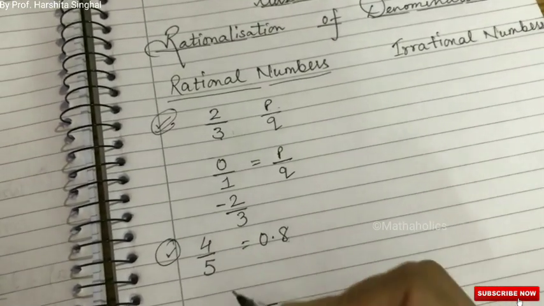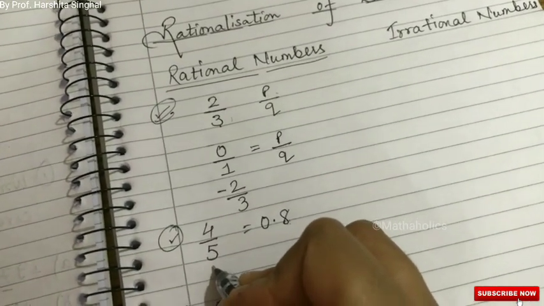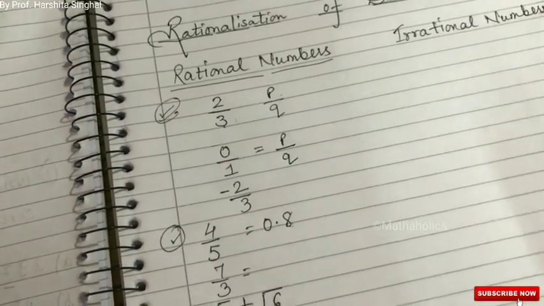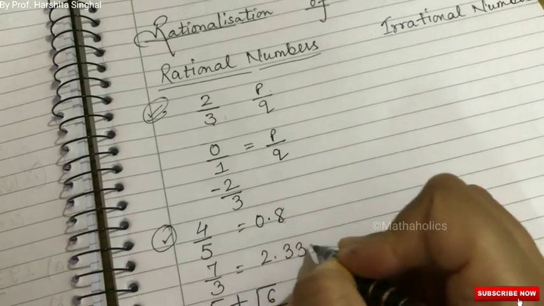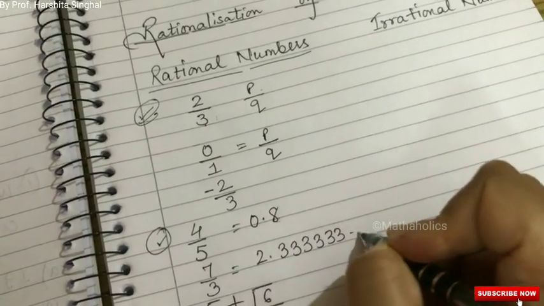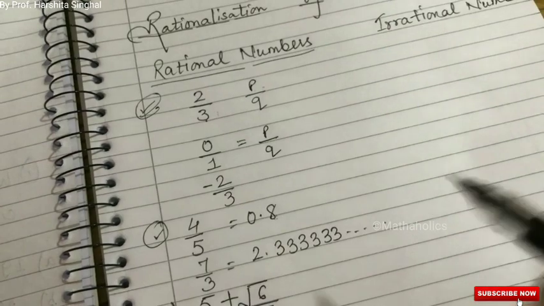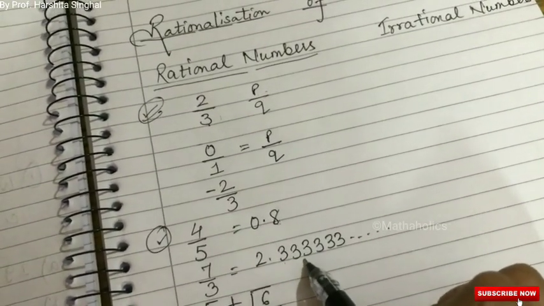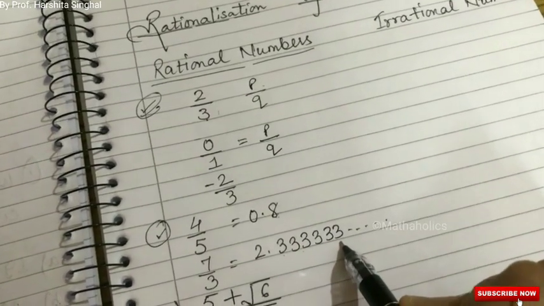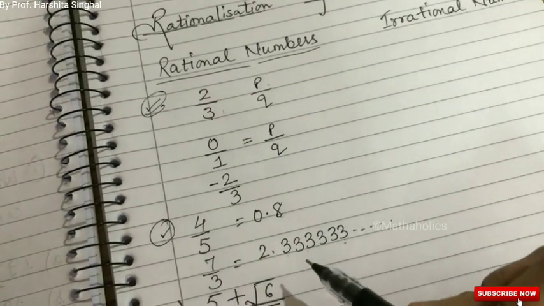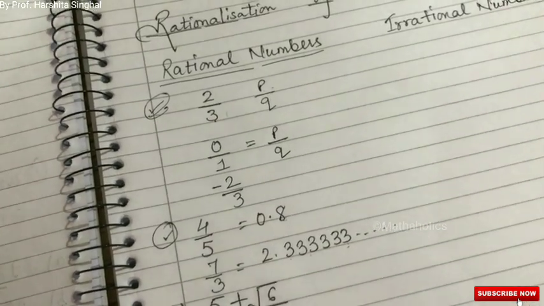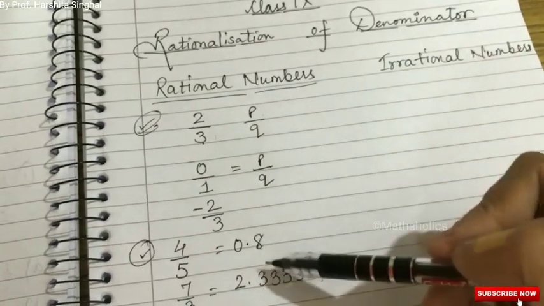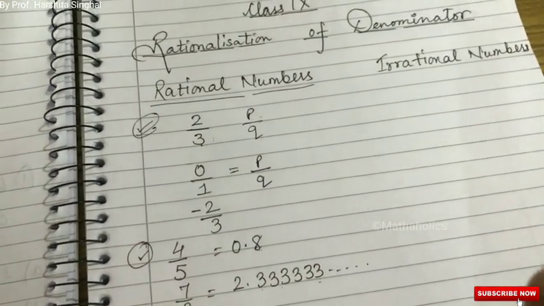Sometimes it also happens that suppose I am having another rational number, that is 7 upon 3, and when I will write its decimal expansion, I will get 2.333333, and it will be continued like this only. Okay, so this is also a rational number because you can see here that a pattern is repeating. Okay, 333, we can write such numbers in the form of rational numbers. Okay, now so these 2 points you have to remember about rational numbers.